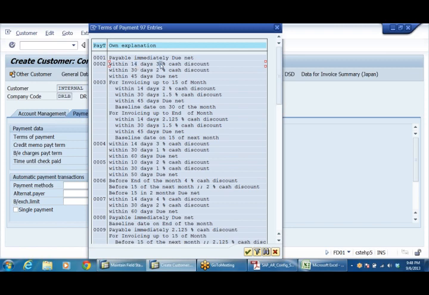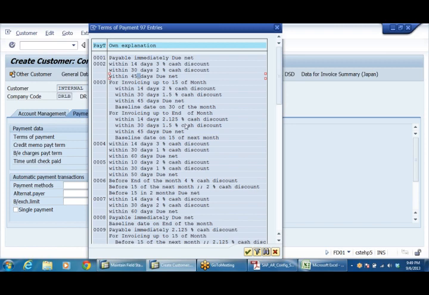So for 1 lakh, 3,000. If you make payment within 30 days, I'll give you 2% discount. But if you pay after 30 days, sorry, I'm not going to give any. From the 31st day to 45 days, they can make the payment, but they will not get any discount.